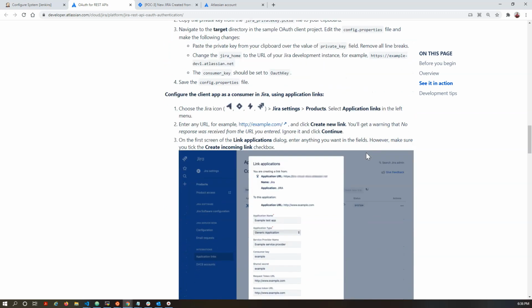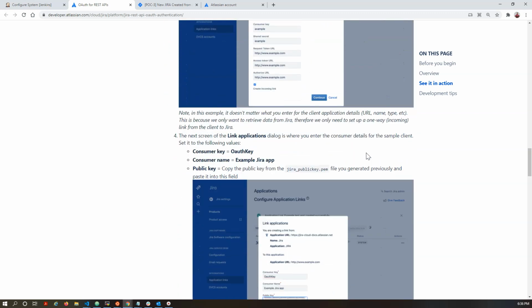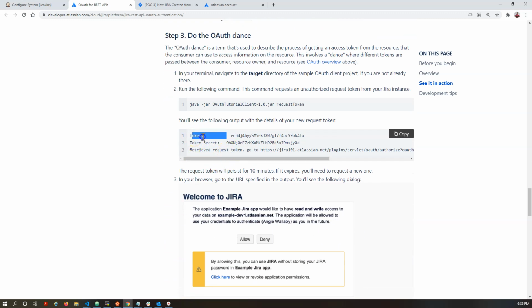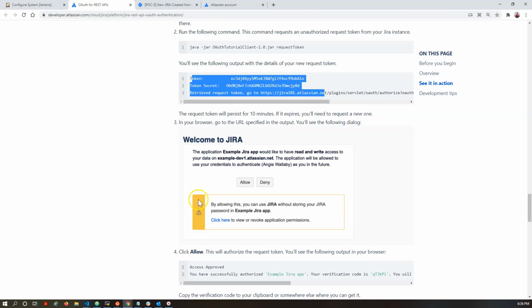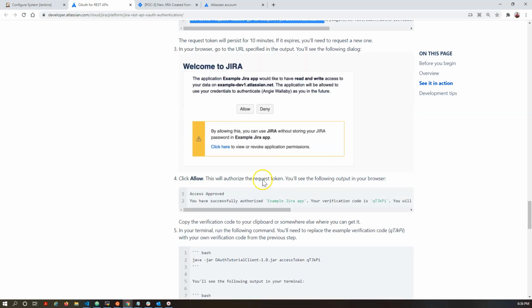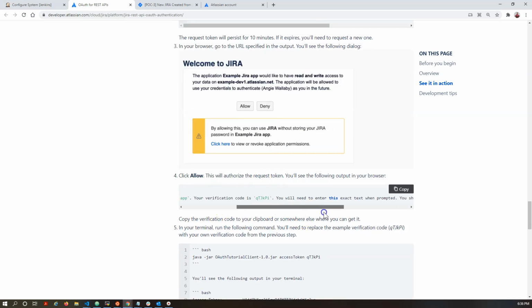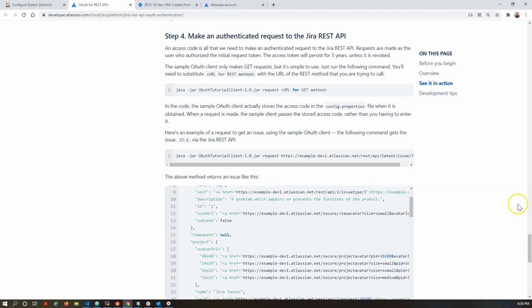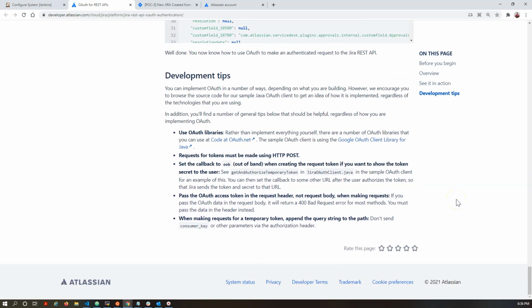You have to upload the public key over the Jira server, and at last while you make the connection, you get the configuration like this, and at last you have to approve your configuration. Post that you will get the ID, the verification code ID, and you will get the secret key.